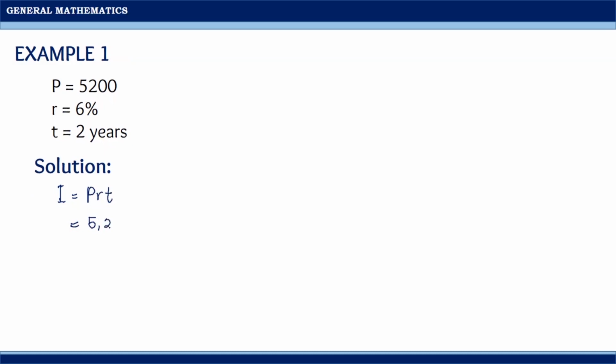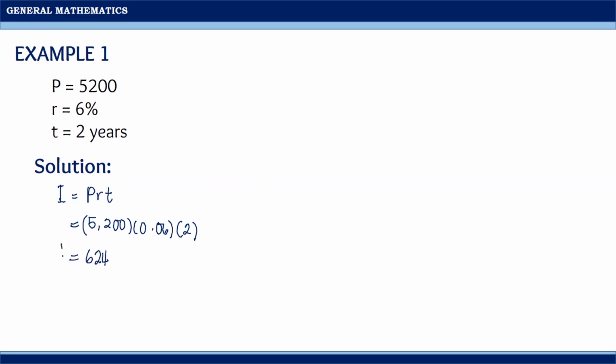5,200 times 0.06 times 2. Remember to always write the rate in decimal form. Therefore, in converting percent to decimal, we need to divide the given percent by 100. Simplifying this, 5,200 times 0.06 times 2 will give us